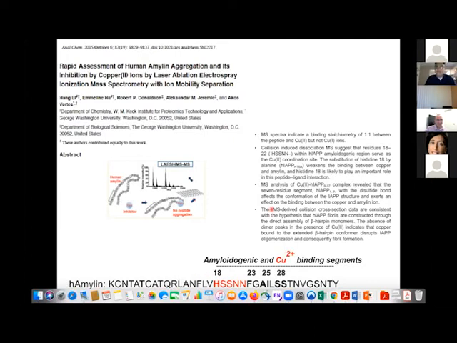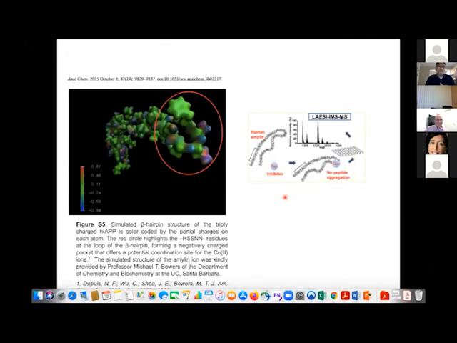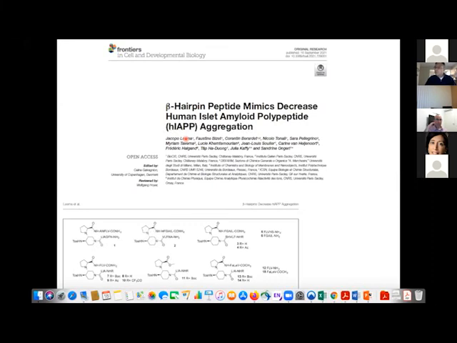Obviously my time is out, and eventually simulation studies confirmed that copper may bind to this beta hairpin formation, which is represented here within a red circle, coordinated copper, because it contains this negative binding site and consequently can coordinate copper ions, which is actually in nice agreement with the study